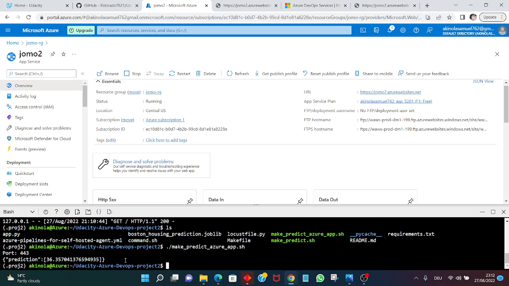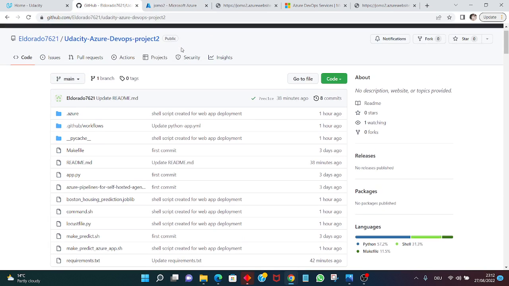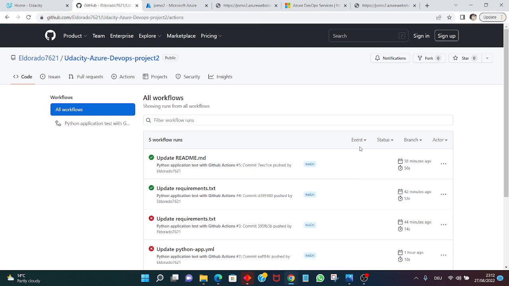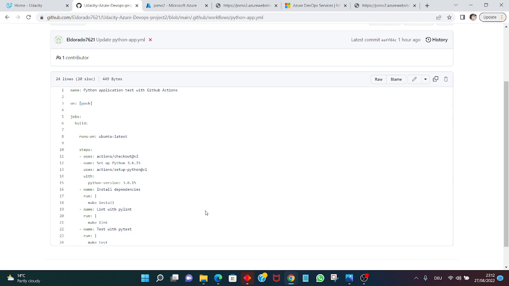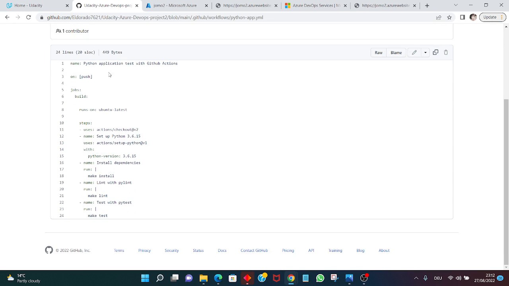On the CLI, for the continuous integration part, on the GitHub repo, GitHub Actions was also set up for the project. So whenever we make a change in the code, the GitHub Action is run. This is the YAML file. After creating the GitHub Action, this is the YAML file